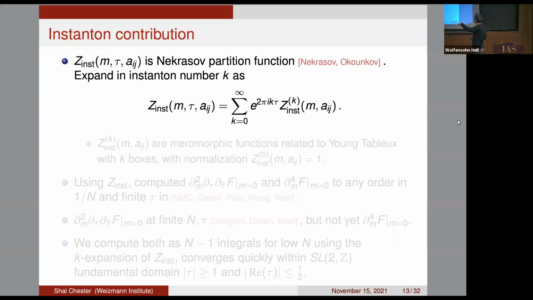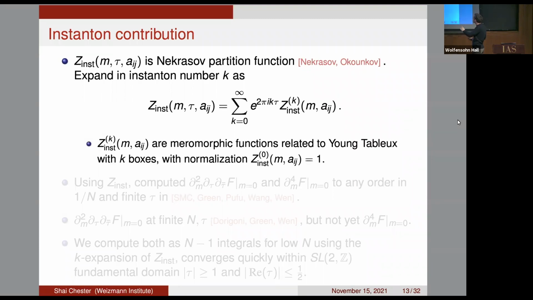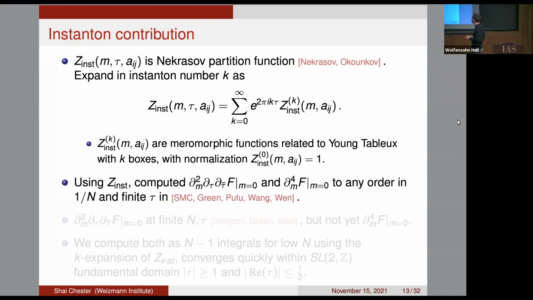And so you see each of these Z_k's is multiplying e^(2πikτ). And these Z_k's are actually known precisely, as shown by Nekrasov's original paper, and they are meromorphic functions, which are related to Young tableaux with k boxes. So we can use the explicit form of these functions to compute the mass and tau derivatives of the